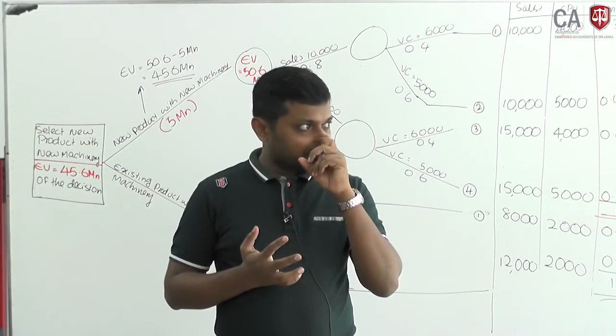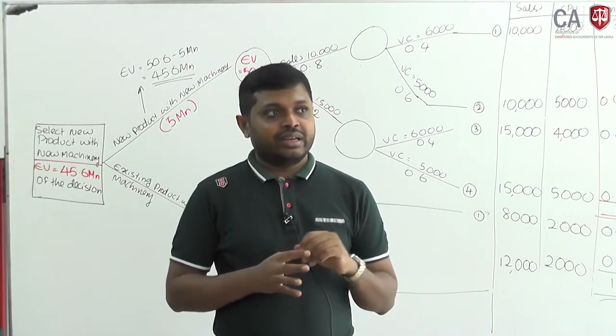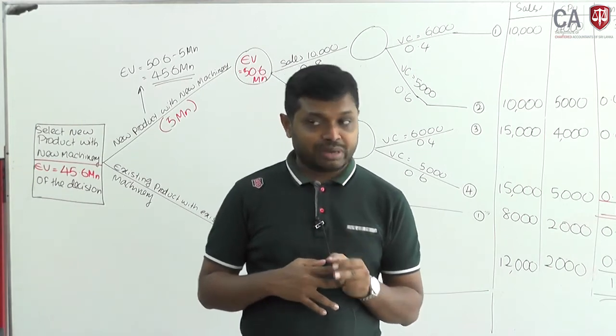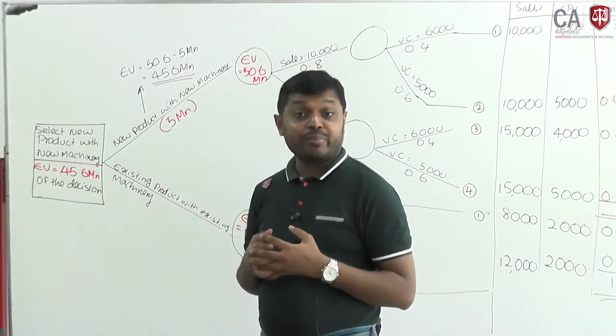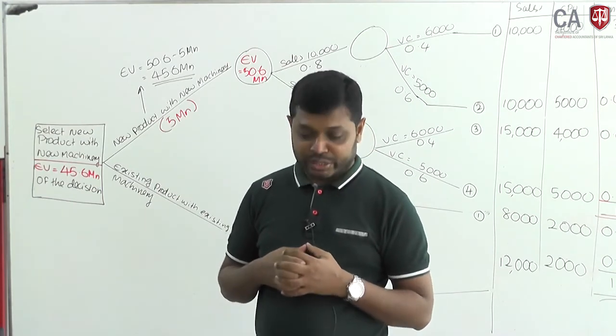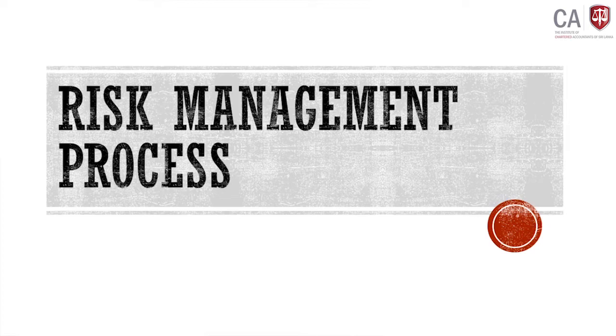Okay. Therefore, that is the area under this risk and uncertainty part. Some gray areas are there, that means they have not been covered: the payoff table and decision rules, but I have to discuss the decision rules to some extent, and risk and uncertainty involved in decision making. Okay, risk management process. You might think this risk management process is related to advanced audit and assurance. No. This risk management approach in risk and uncertainty is very important.